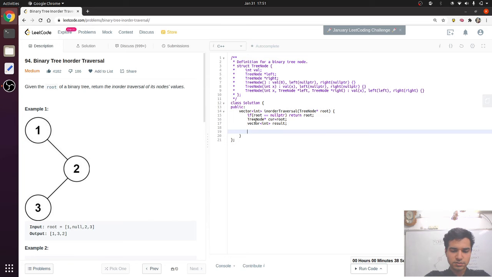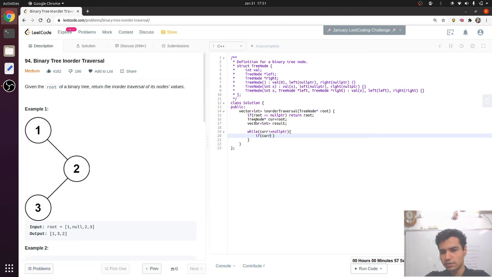Then let's start traversing till it is not null. Then we will check if its left is null or not. If it is null, then we will just assign this node and not go left.